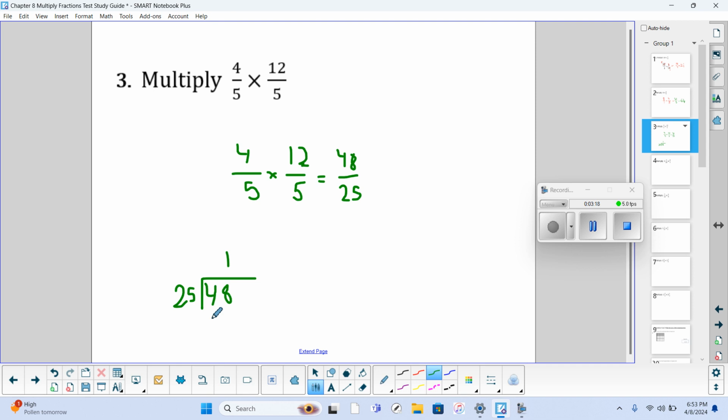So it's 1 times 25, which is 25, leaving us a remainder of 8 minus 5 is 3, 4 minus 2 is 2. So it's 1 with a remainder of 23. So the answer to this question would be 1 with a remainder of 23 over 25. 1 and 23/25 is the answer. For number 4,